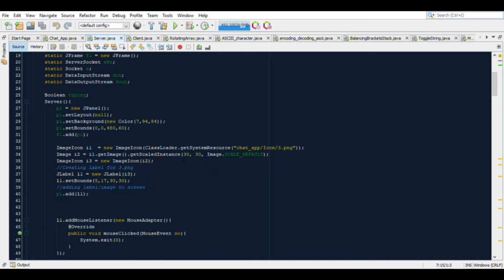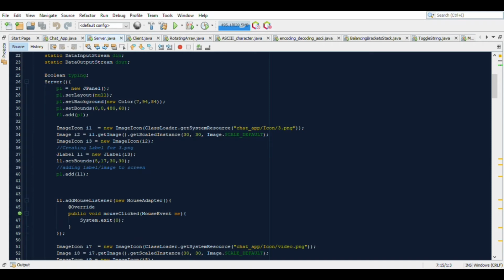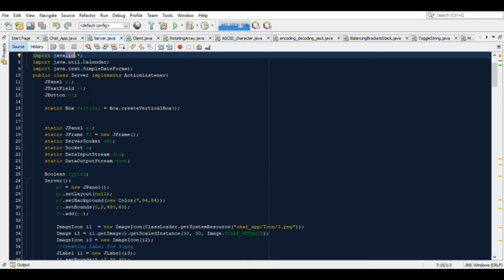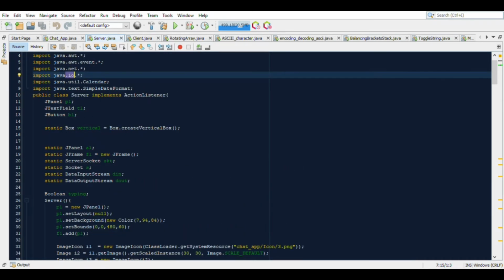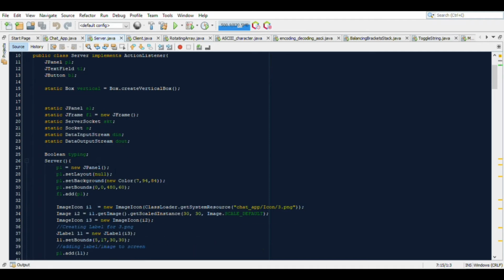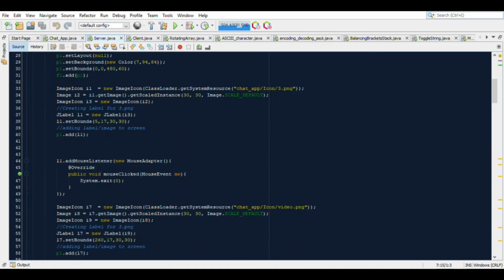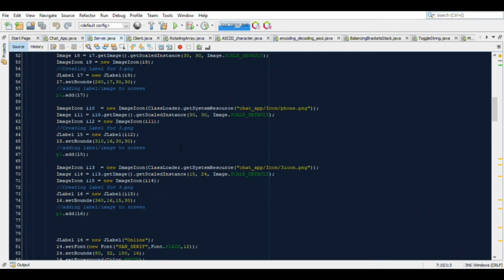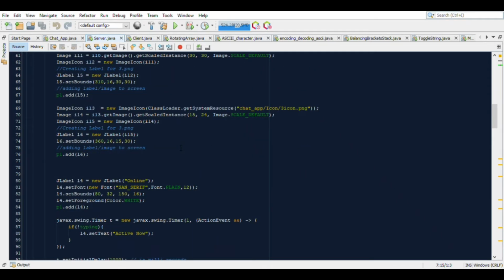I have used some class loaders. I have used JPanel, which is a class in the Swing package. Also, I have used the image class. There are also some event listeners and mouse listeners to make this application interactive.